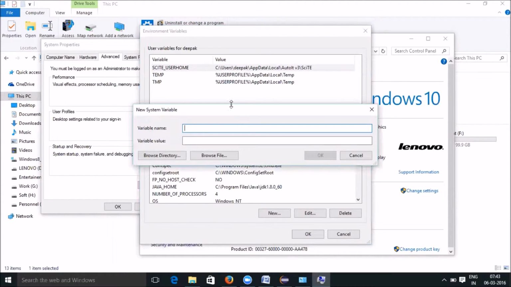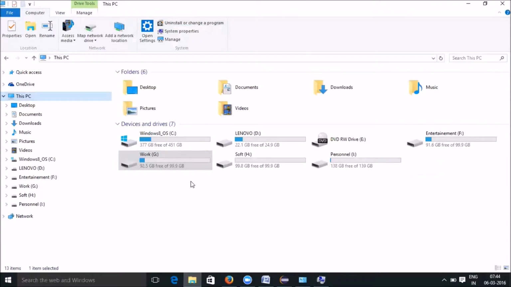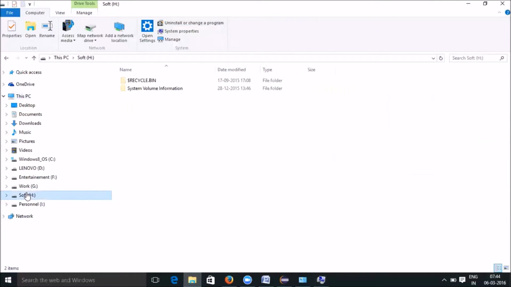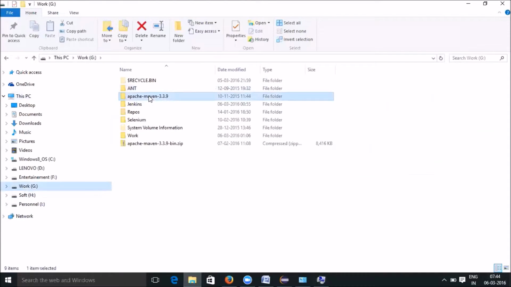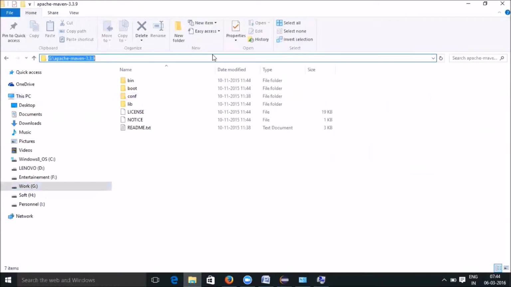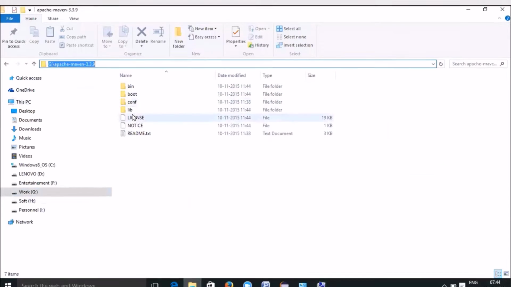Click on new. Now you have to set up the Maven environment variable, that is MAVEN_HOME. That's it. And you also have to give the path as the value. It is nothing but where you have installed or extracted your Maven, that is G:\apache-maven-3.3.9. Make sure that under this folder, the bin folder is available.